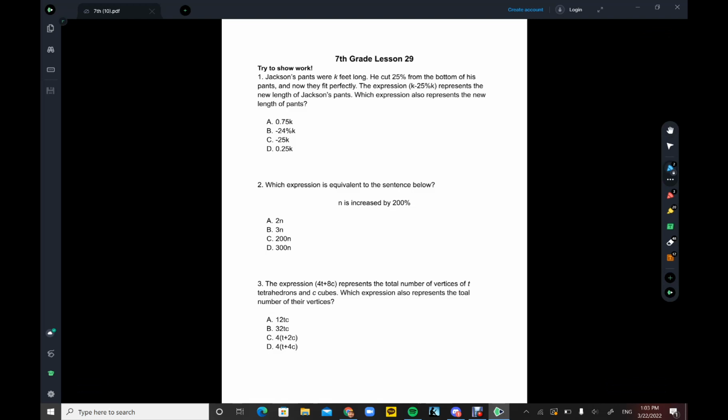Let's start off with number 2. So number 2 is, which expression is equivalent to the sentence below? The sentence below is, n is increased by 200%. So,